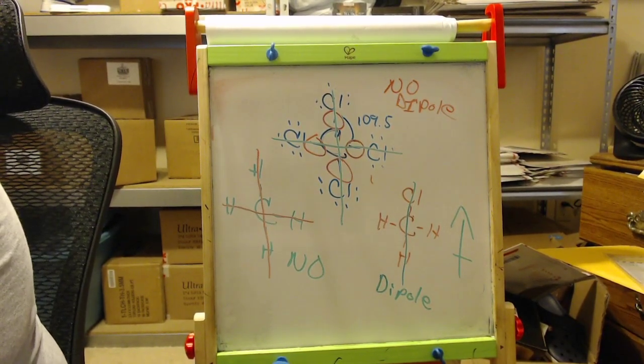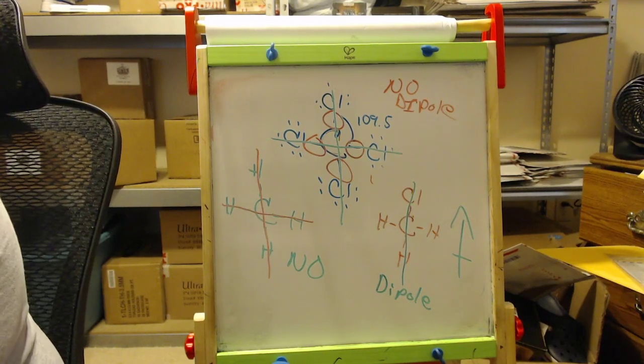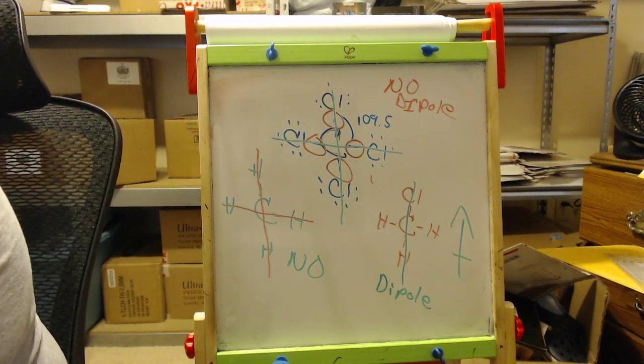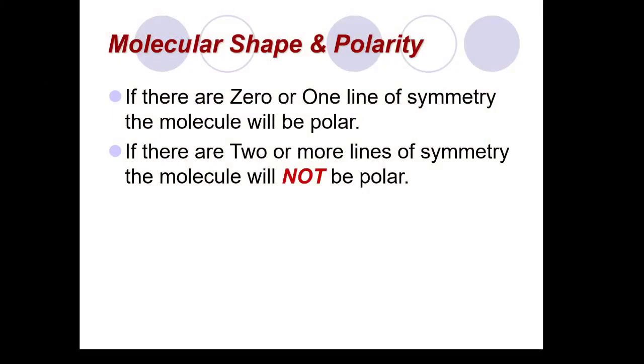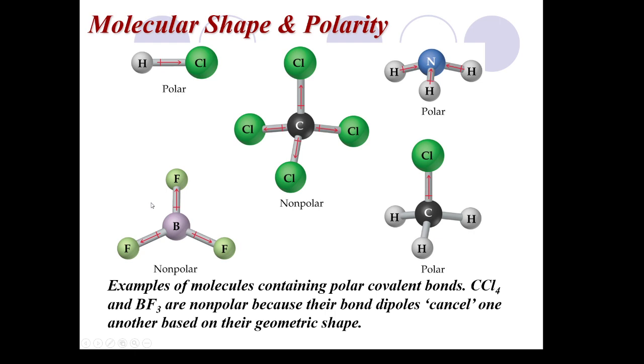The only other option is to draw vectors and the lines that are intersecting the vectors. And this way, to me, is a lot easier than getting into vectors and all that fun stuff. So if we look at some examples, H versus Cl, polar, dipole moment, yes. Carbon tetrachloride, no. Lines of symmetry here and here. Ammonia would. BF3 would not. And like I showed you here on the slide, definitely would. Okay, or on the board, I should say.